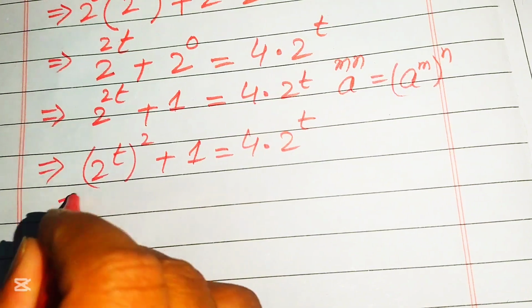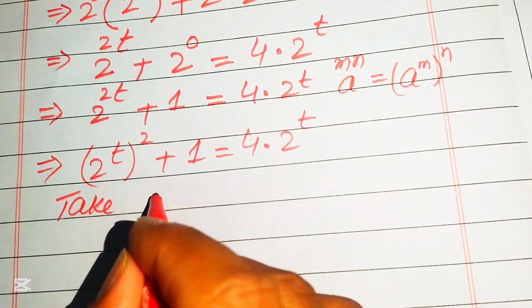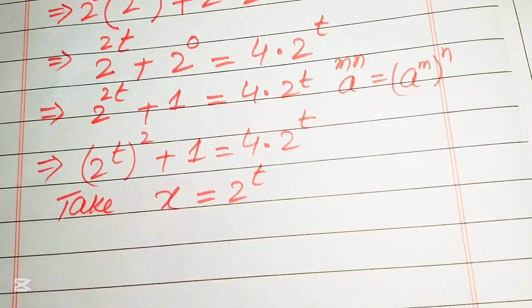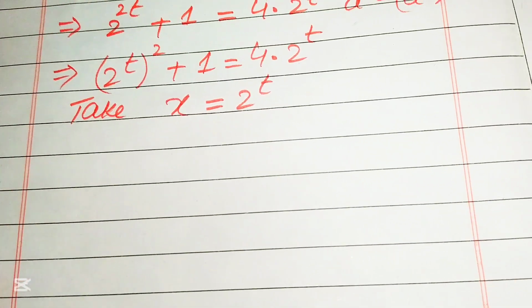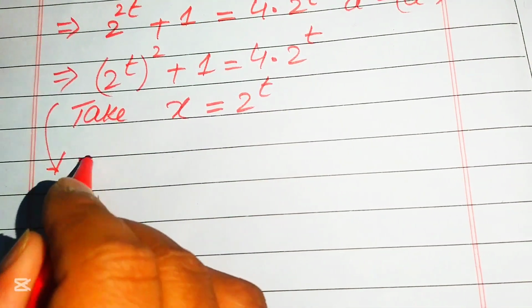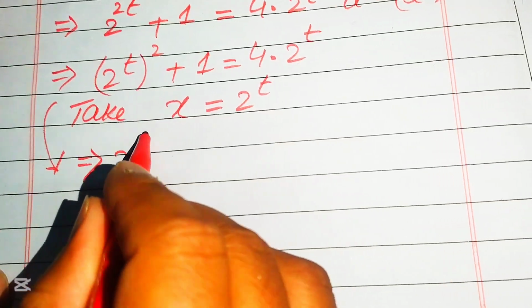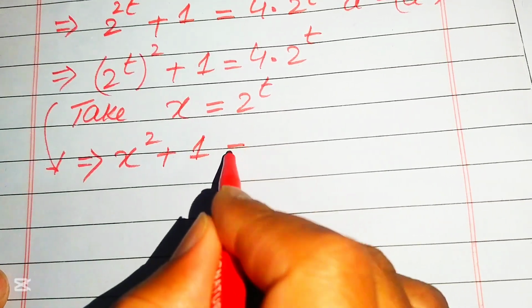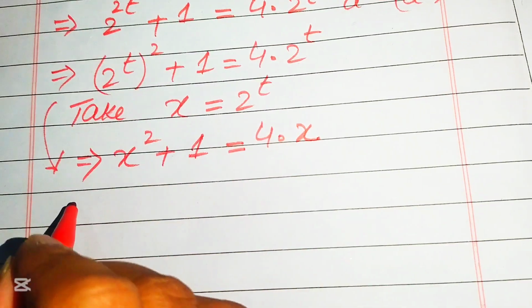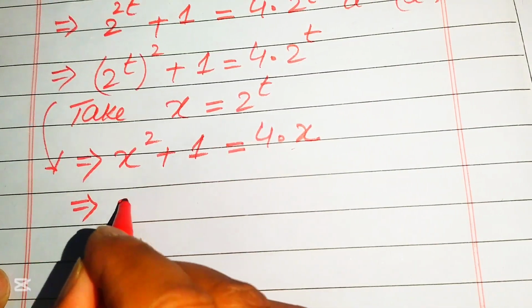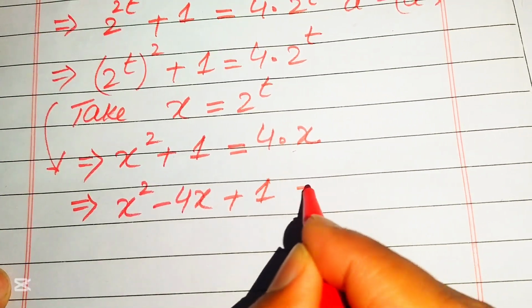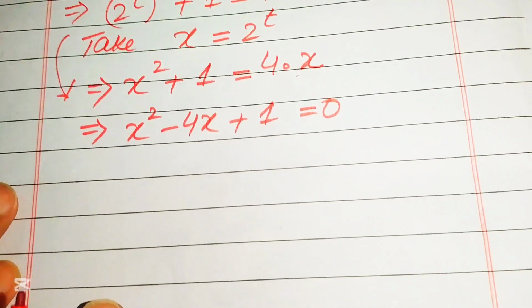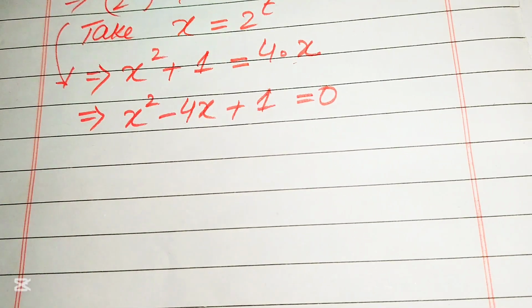So now here we need to take x equals 2 to the power of t. So when you replace x equals 2 to the power of t, we will write our above equation as x square plus 1 equals 4 times x, and here we move this 4x to the left hand side, and it will be written as x square minus 4x plus 1 equals 0. So this equation becomes quadratic in the x variable,